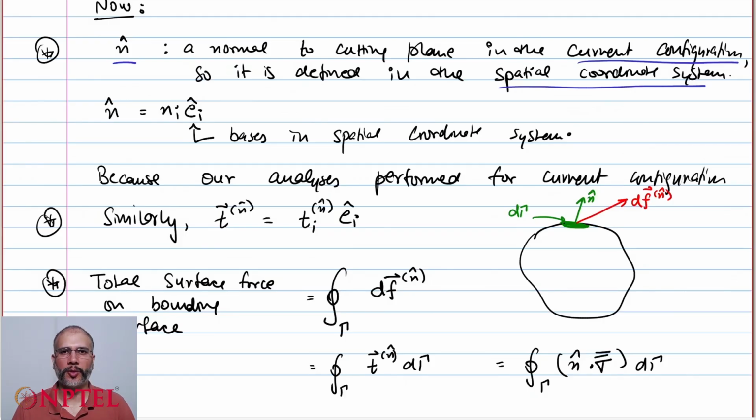So this is the use case of defining a Cauchy stress tensor, that you can use it to find the infinitesimal force acting on a surface d gamma, and then you integrate that to get the total force acting on the surface of the body. Now, when you talk about the current configuration,